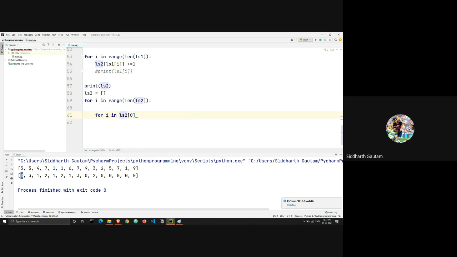If the value is 3, I have to repeat it 3 times. So again, for i in range, and let's take j here, ls2 of j. I have to take a different iterator.